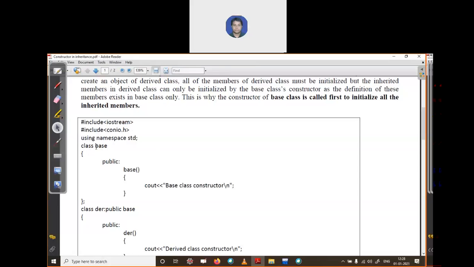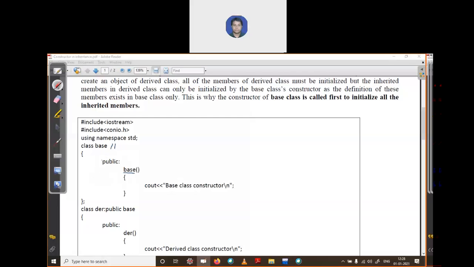Here I declared a class and gave it the name base, because it is the base class, the first class. In the public area I declared a base function.